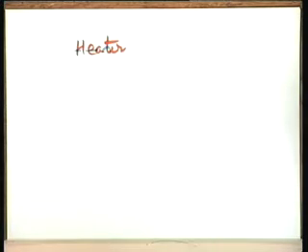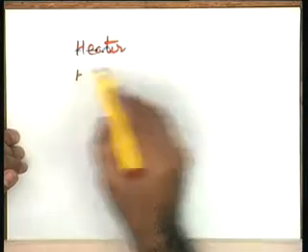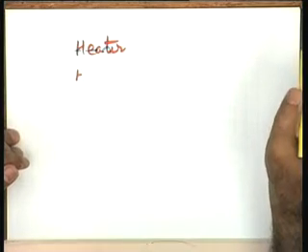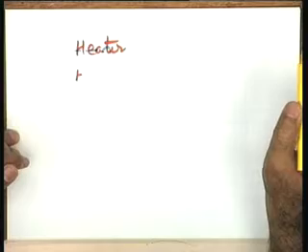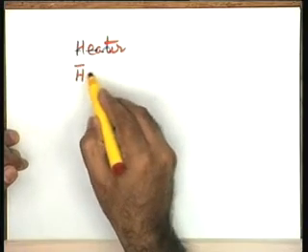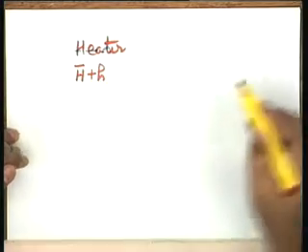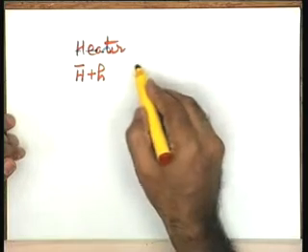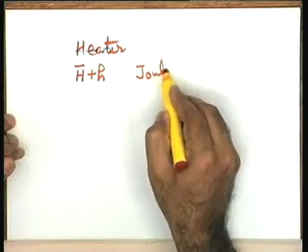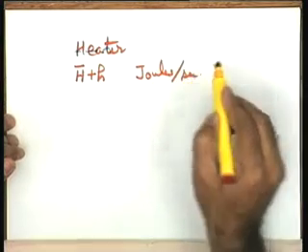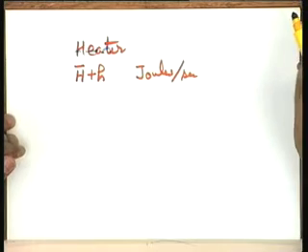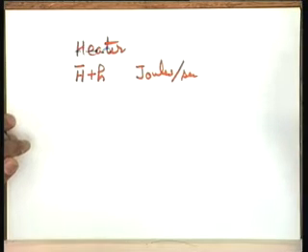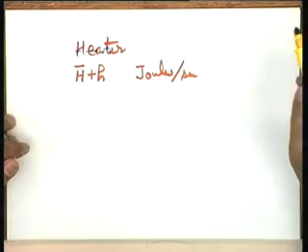Let me first see what is the input condition. The heat input, yes, you can say as far as the heater is concerned, H bar plus H is the total heat which electrical energy is creating. Now, this particular heat, well, electrical units I will convert to heat units later, but let us say H bar plus H is the heat produced because of the electrical energy supplied to the heater.